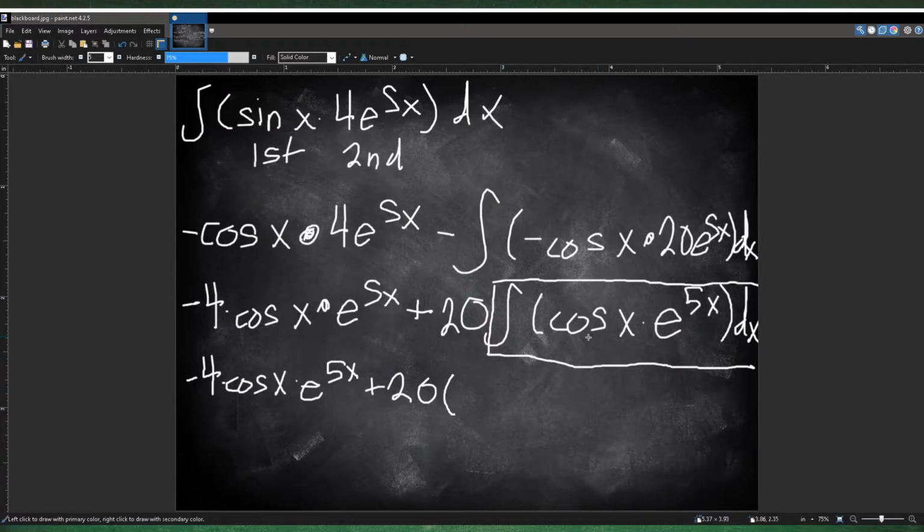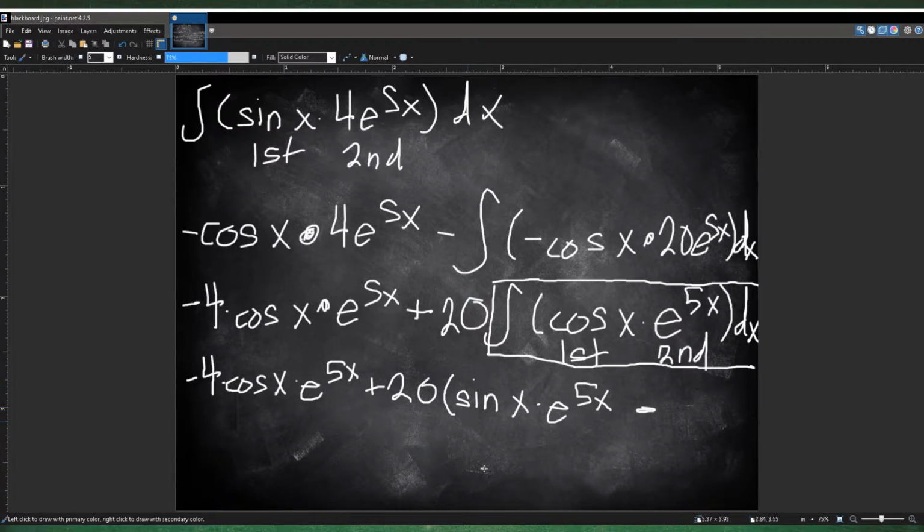So this integral, now which one is going to be our first and which one is going to be our second? So as always, the trig is going to be our first, and the one that we want to simplify is going to be our second. And now this is where the magic kind of comes in. So now we're going to do the antiderivative of the first one, like always, integration by parts. So that would be sine of x times the regular of the second, which is e to the power of 5x,